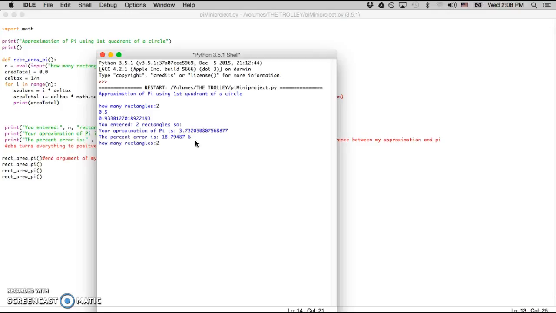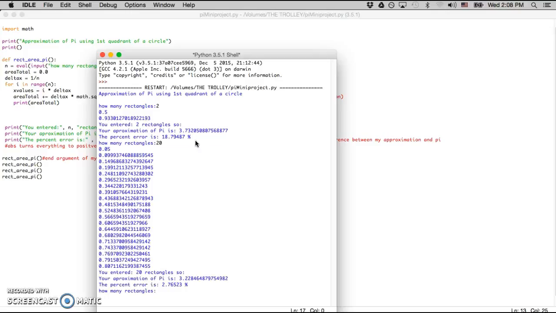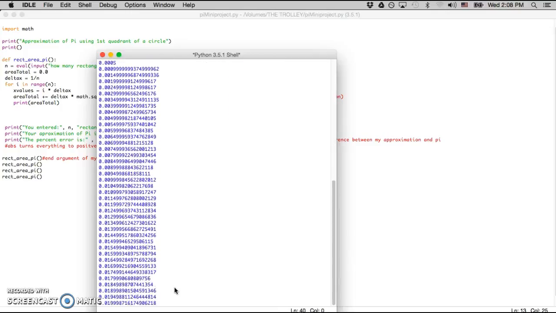Let's try it with 20. Theoretically, our percent error should go down, and we should be closer to pi. And it did. So 3.228, percent error is 2.7. Now let's try even more. Let's try 2,000. That might take a little while. So actually,